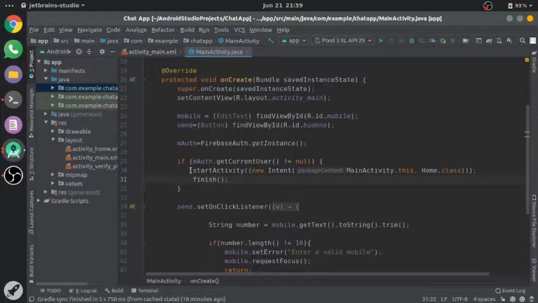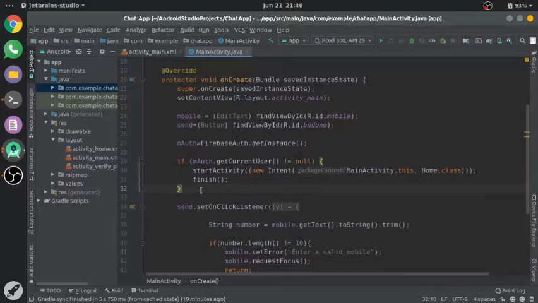And if user is equal to null, that means there is no current user. Then we will have this process.